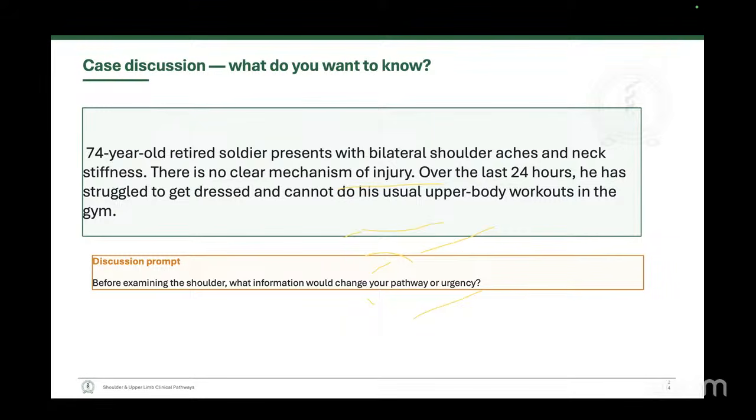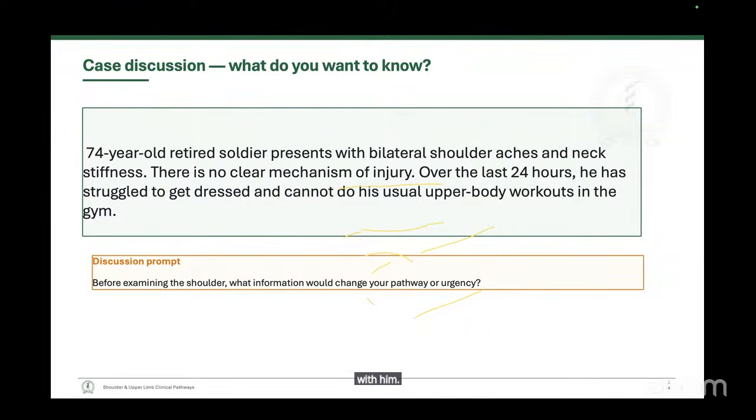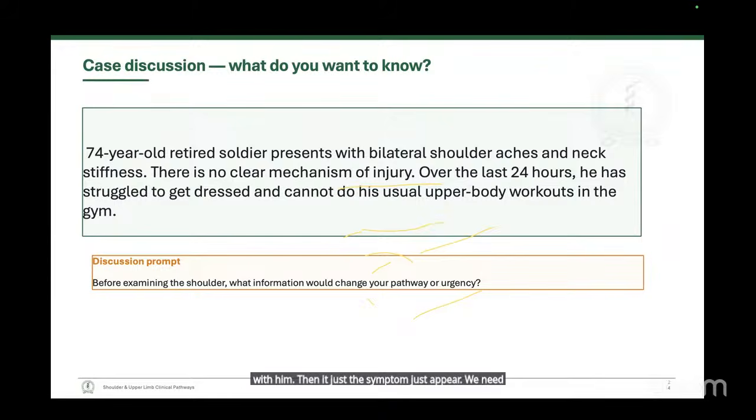I think maybe something has been happening with him, then the symptoms just appear. We need to ask whether genetic information, family history,